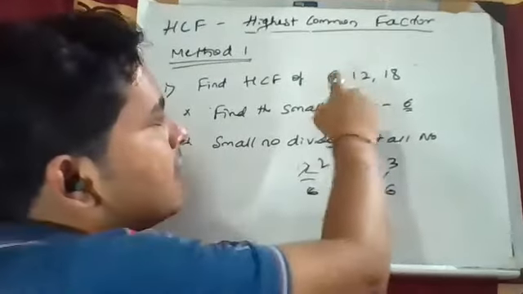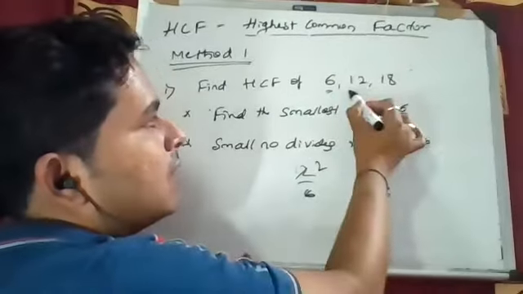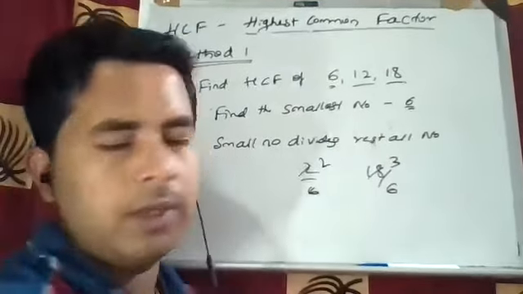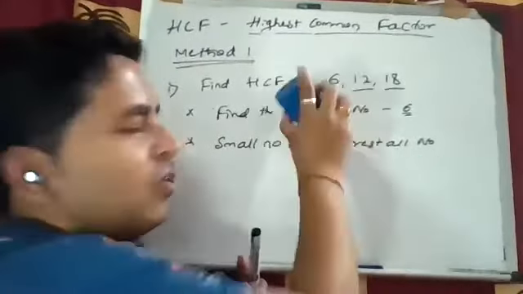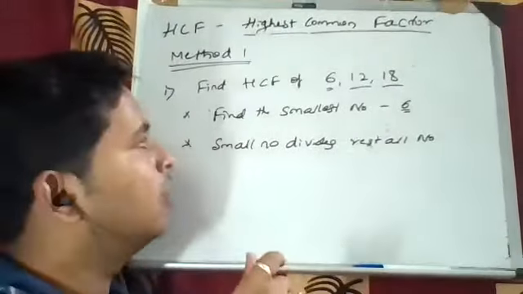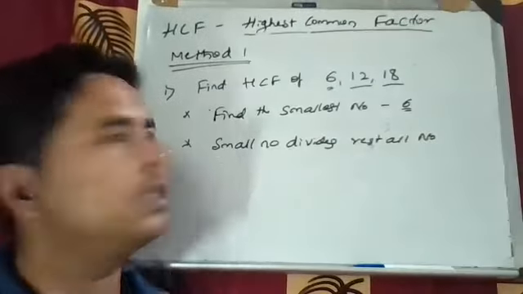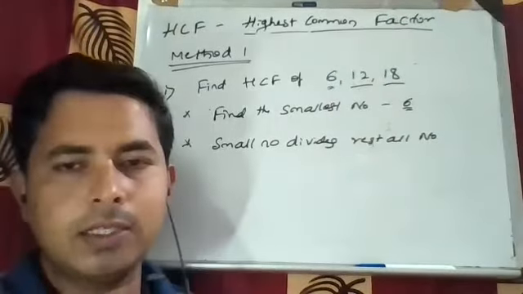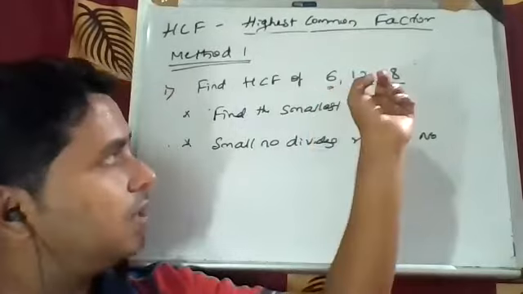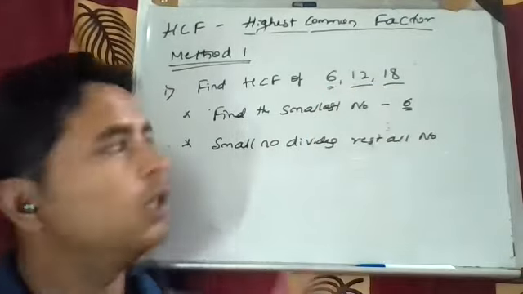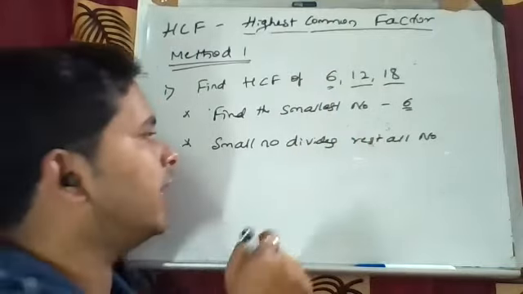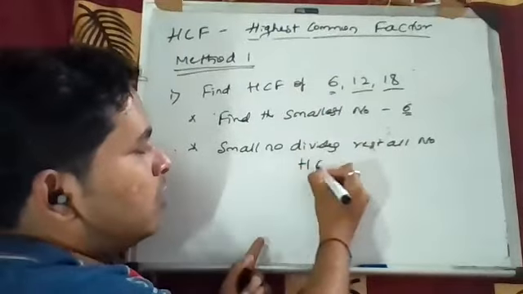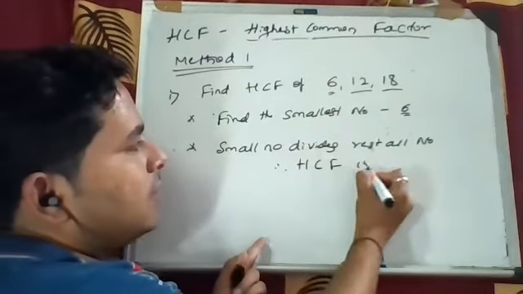So if my 6 divides 18 and 12, or if my 6 divides all the remaining numbers, what was the first method? First step: find out the smallest number. The small number is 6. Okay. So check whether my 6 will divide the remaining two numbers. If the remaining two numbers are divisible by 6, then your HCF is